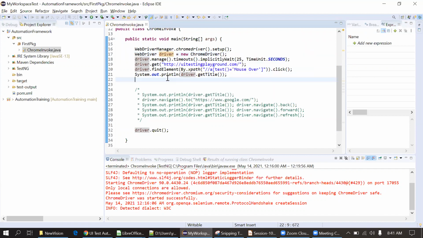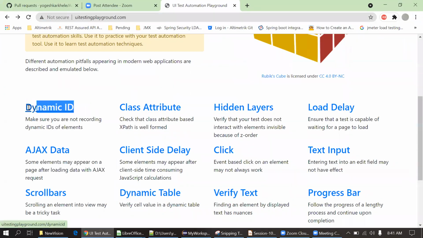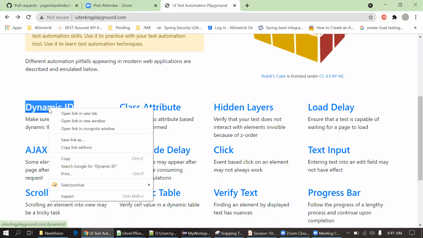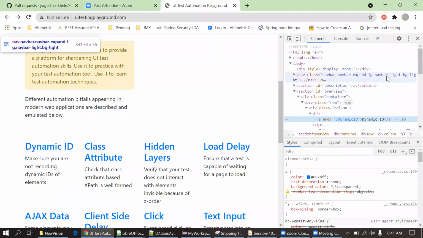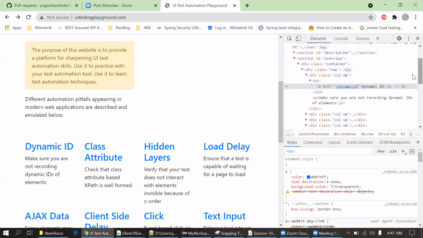Okay. So next, what will I do? I will click on that dynamic ID link. I'm creating the locator for this by using XPath. It's the anchor tag, a.